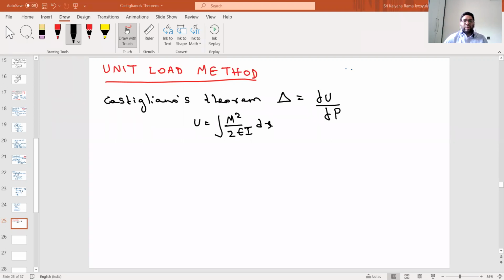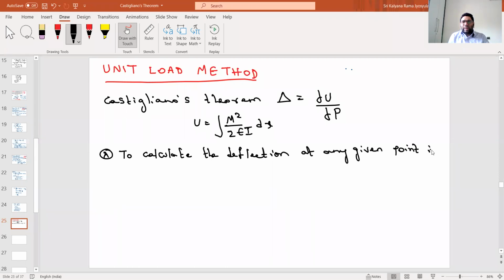Simply put, it calculates the deflection at any given point in a beam or a simple bent frame by introducing a unit load. So, to calculate the deflection at any given point in a beam or a simple frame,